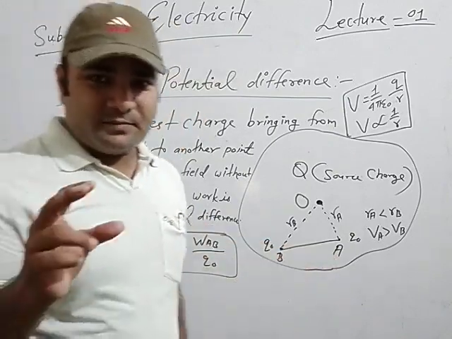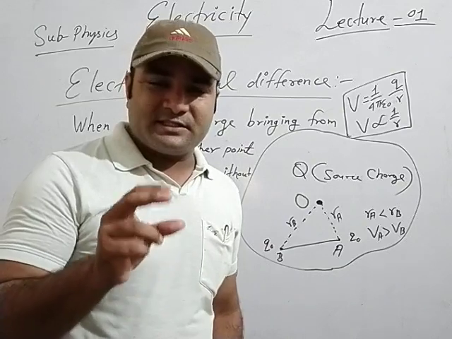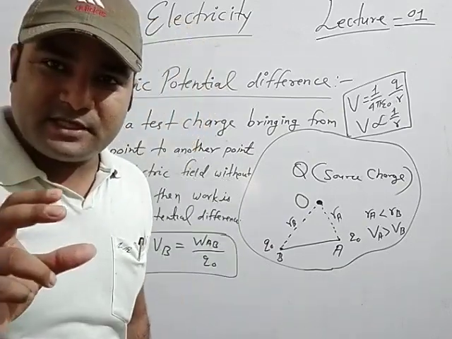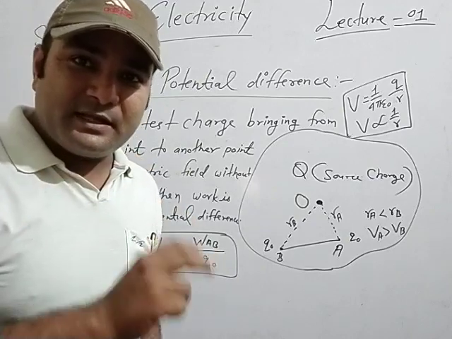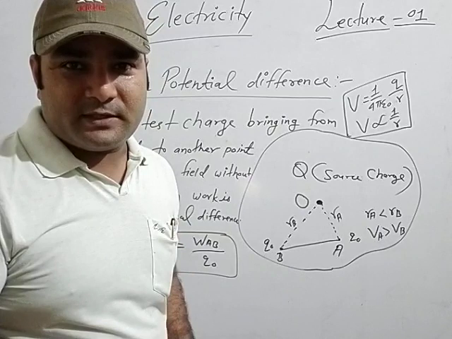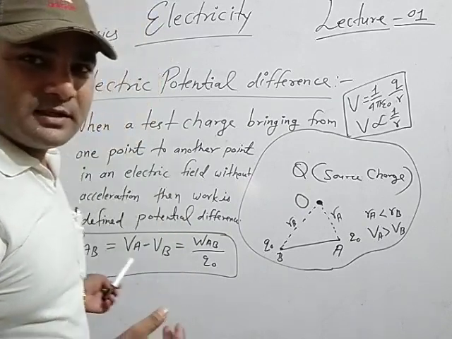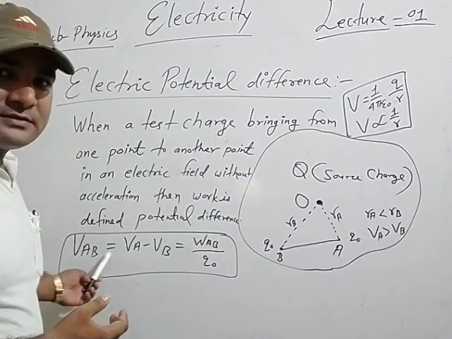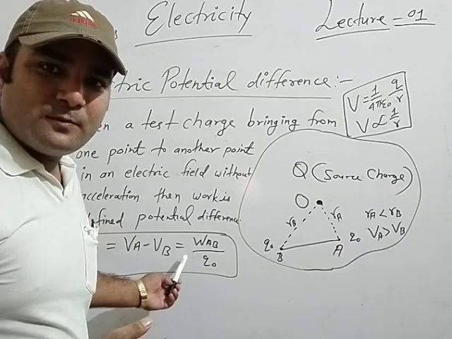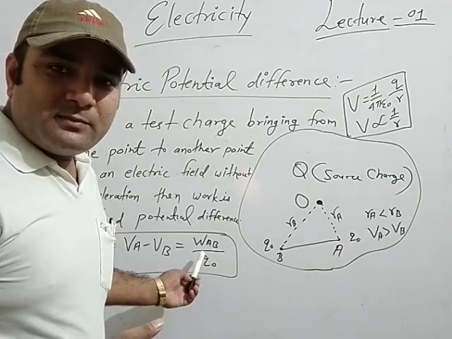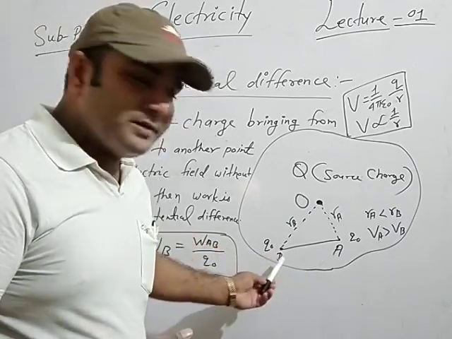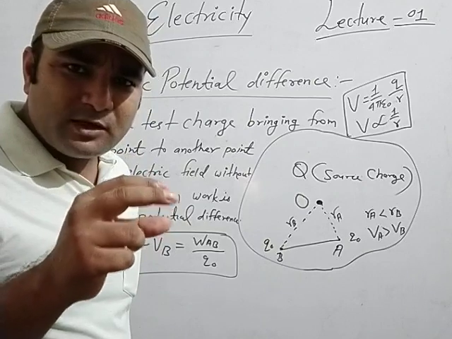Clear? तो सिंपल है, क्या करना है, बस किसी भी टेस्ट चार्ज को, पोटेंशियल डिफरेंस हमेशा याद रखिए, पोटेंशियल डिफरेंस में टेस्ट चार्ज को किसी इलेक्ट्रिक फील्ड के पॉइंट ए से पॉइंट बी तक ले जाने में जो वर्क डन होता है, उसी वर्क डन को हम लोग क्या कहते हैं? इलेक्ट्रिक पोटेंशियल डिफरेंस VAB इज इक्वल टू VA माइनस VB इज इक्वल टू WAB अपॉन Q नॉट। क्लियर। ये WAB क्या है? वर्क डन इन ब्रिंगिंग द टेस्ट चार्ज फ्रॉम A टू B।